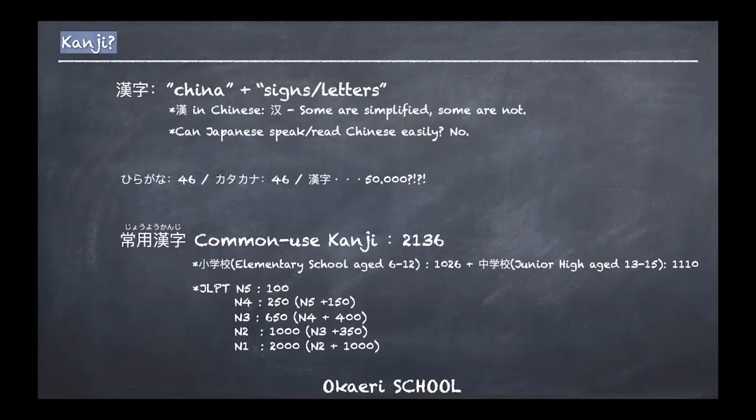So we take the whole 6 years to learn 1,026 kanji. And then afterward, for 3 years, when you're aged 13 to 15 in junior high school, we learn the rest, 1,110 kanji. So in total, 2,136. They are considered to be good enough to read, for example, magazines, books, newspapers, to understand news and